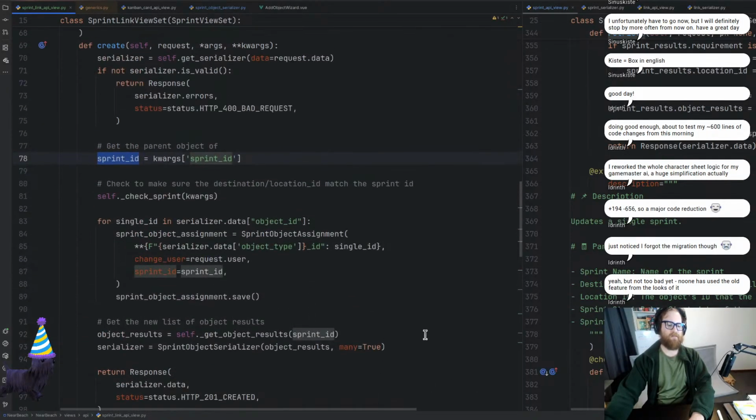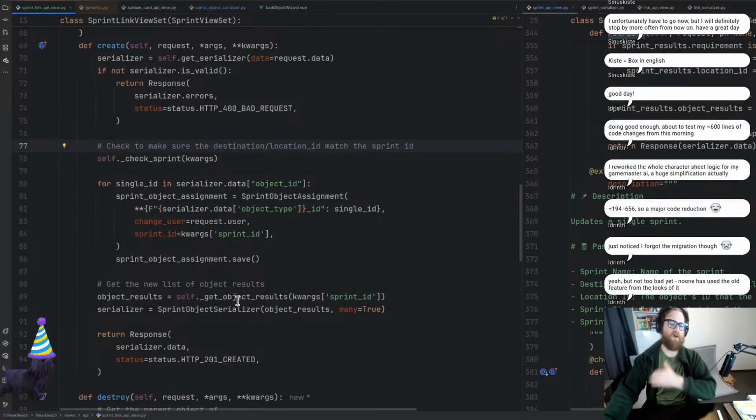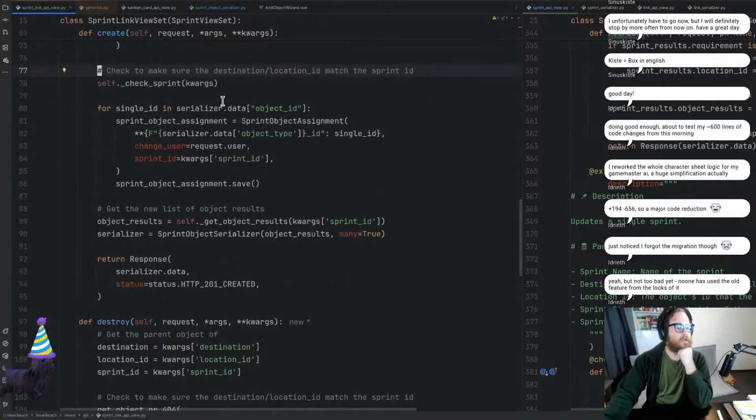Just 2 spots. There we go. Sometimes refining your code is best. All right, so we've got the check there,